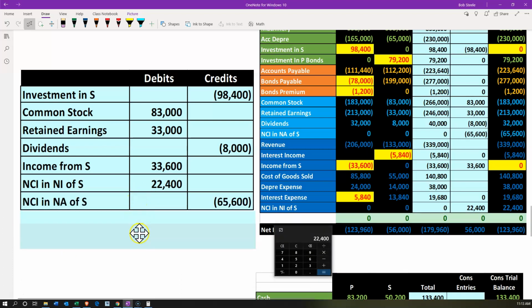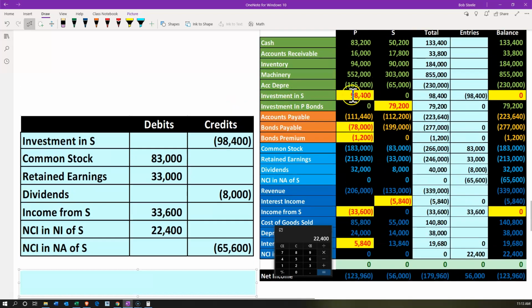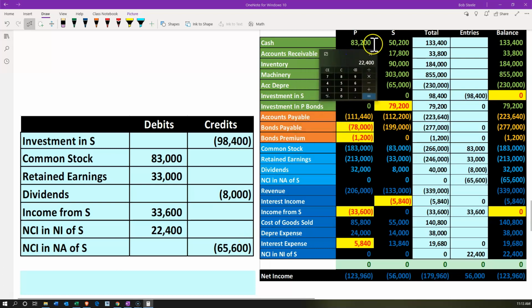And then we're going to be breaking this out between the non-controlling interest and the net assets and the investments. So a couple ways we could think about that. You could think about this one first and just zero that out, and this one will basically be the plug. But let's also recalculate this. We could take the net assets here, which is of S, which is the 5,200 plus the 17,800 plus the 90,000 plus the 303,000 minus the 65,000 plus the 79,200 minus the 112,000